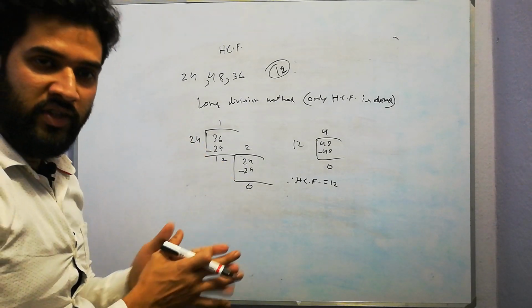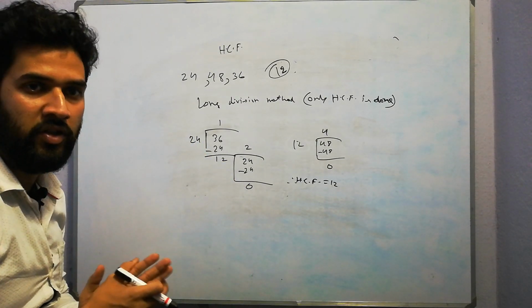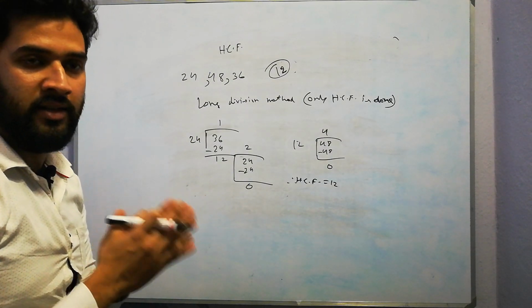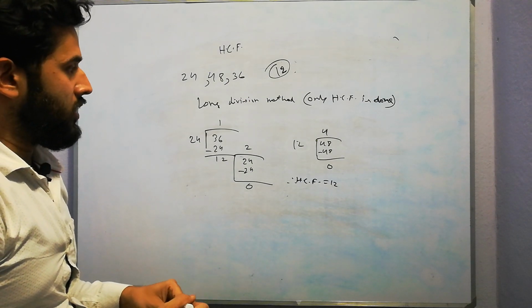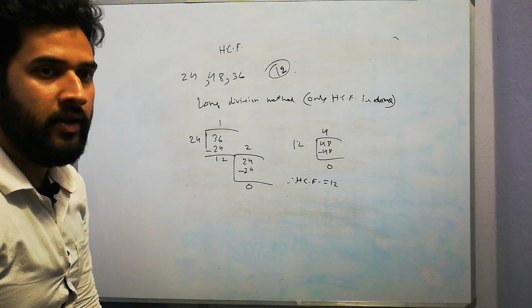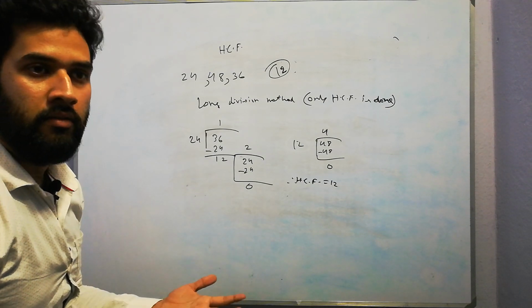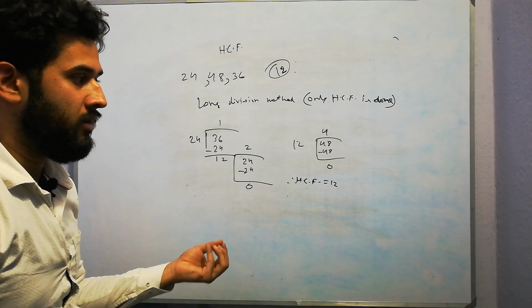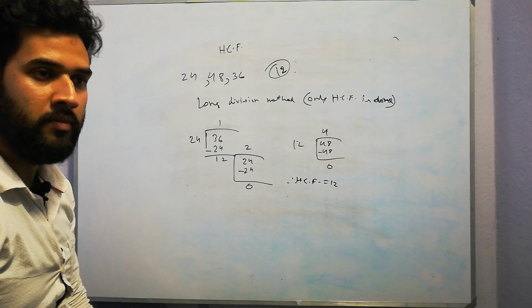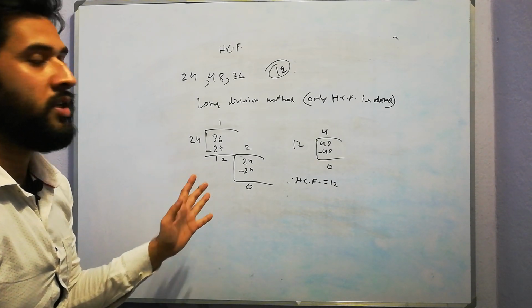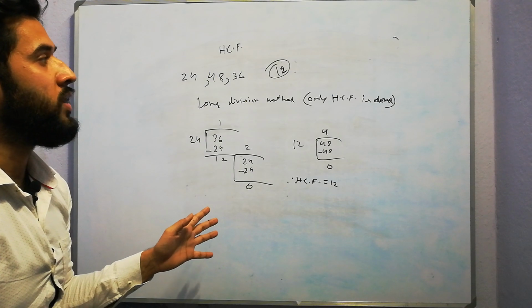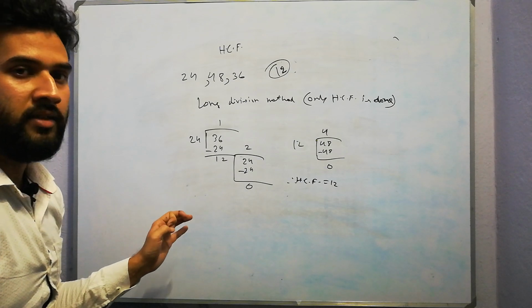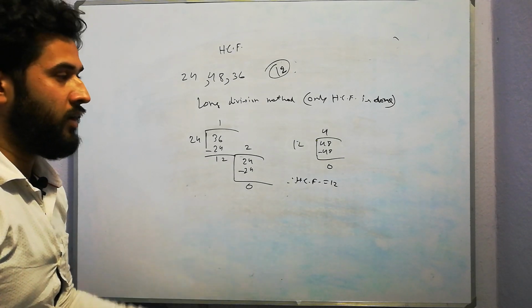Hope you understand these three methods: the long division method, short division method, and prime factorization method for HCF, and only the short division method and prime factorization method for LCM. These are the basics of HCF and LCM. Up to class 10, even further in 11 and 12, this will be needed in the rough work of bigger word problems and mathematical problems. Most students forget this type of thing. It is actually for all students, not particular students, but in class 5 and 6 you will learn this. Hope you understand my language.